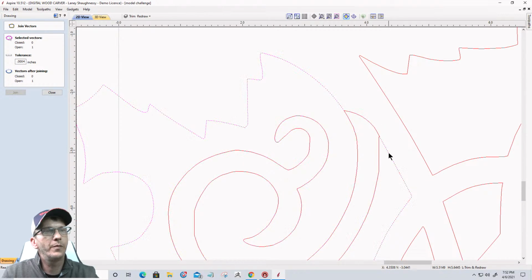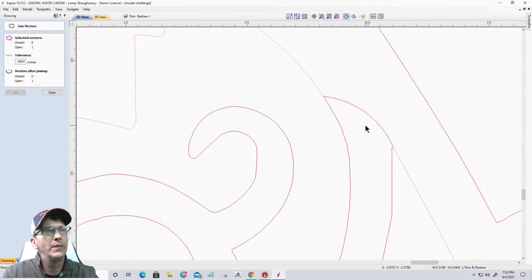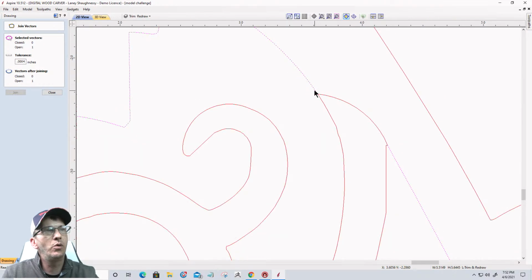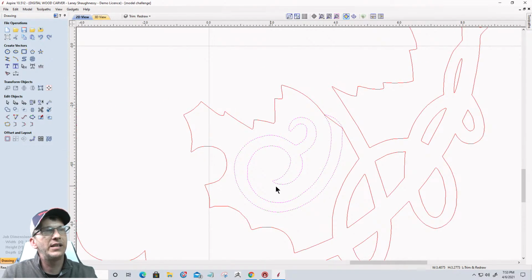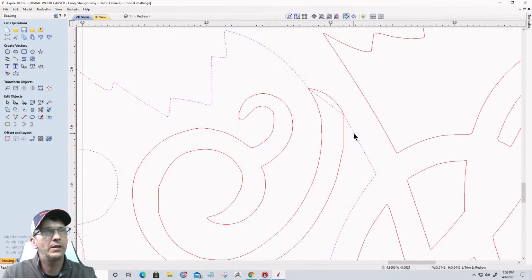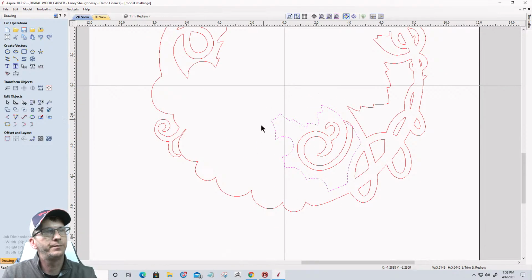Now, on this vector here, I'm actually going to join the two ends that I cut free with a straight line. I'm going to close it off with a straight line. So I'm going to go into the Join with Straight Line tool and connect that. Okay. Now, since this vector that I just separated is separate from that, I'm going to use that kind of as a boundary. Okay. So if I take this vector here